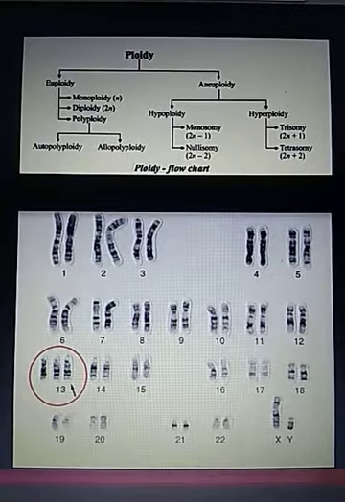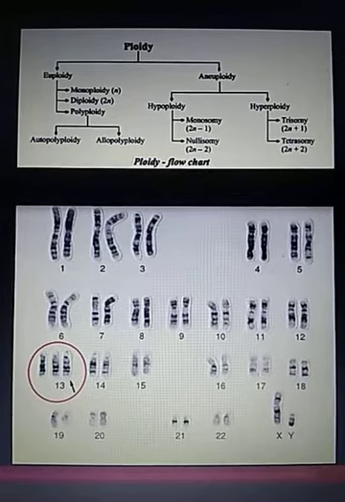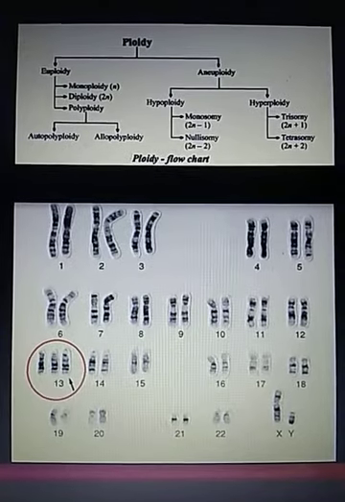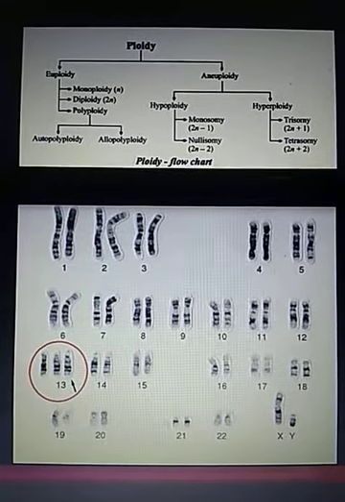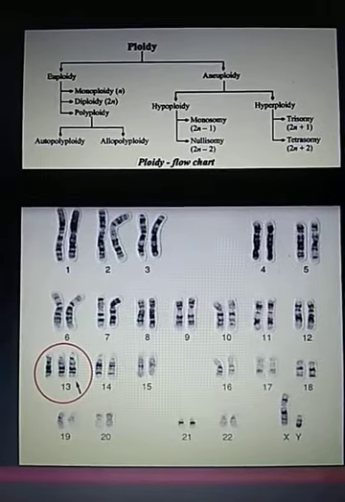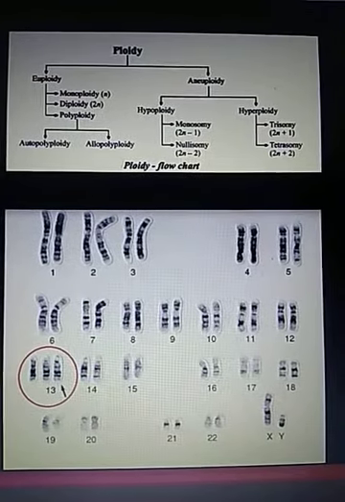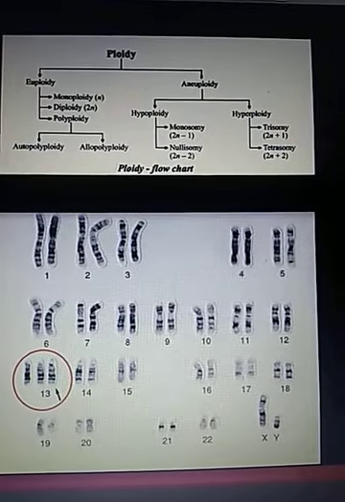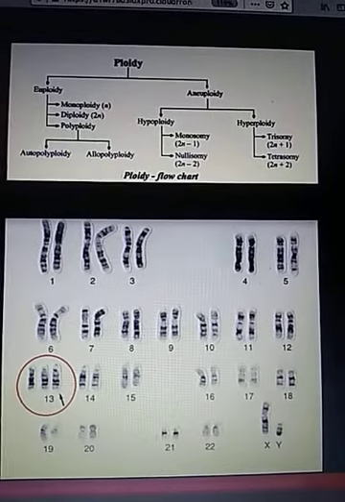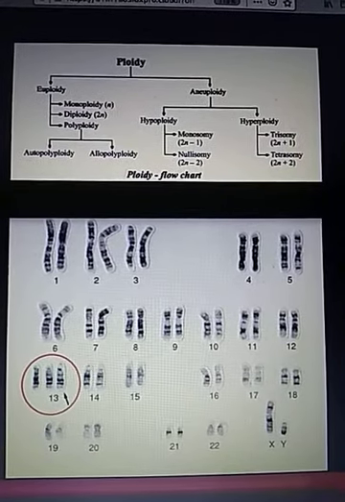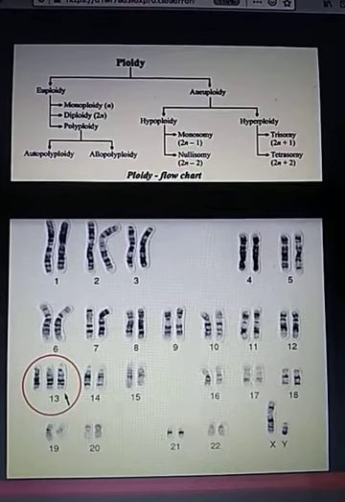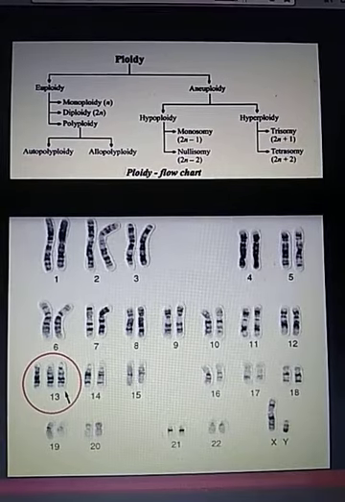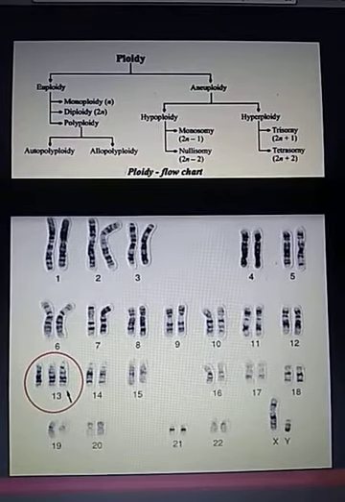In diploid, what actually happens? There are two sets of the genome, as you can see here in the karyotype given. There are two homologues of each. Polyploid cells and organisms are those containing more than two paired sets of chromosomes. Polyploidy is found in some organisms and is especially common in plants. In addition, polyploidy occurs in some tissues of animals that are otherwise diploid, such as human muscle tissues, for example, highly differentiated human tissues in the liver, heart muscles, and bone marrow.